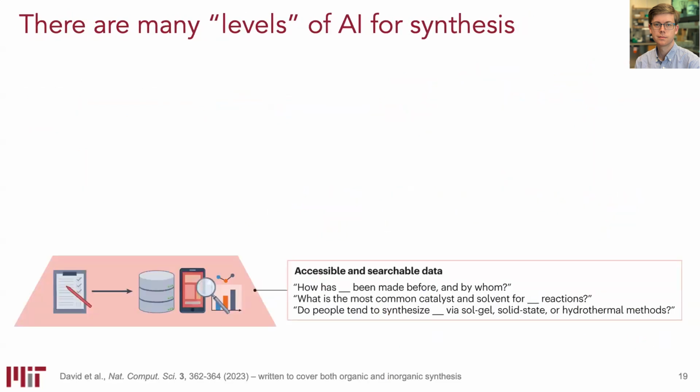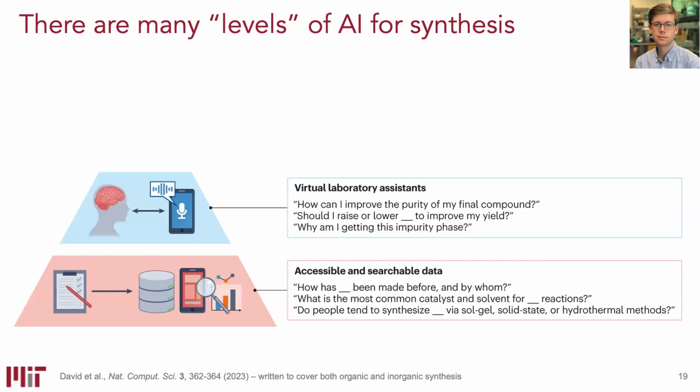Now, before we get there, some comments on the role of AI for synthesis. I view there as being several different ways that we want to use AI to help chemical synthesis. The foundation typically is data. It's trite, but it's trite for a reason. We want to catalog and understand what has been done before, what reactions have been run, who ran them, what was the outcome. And this layer of data is something that we want to make searchable and that chemical publishers have thankfully made searchable over the years.